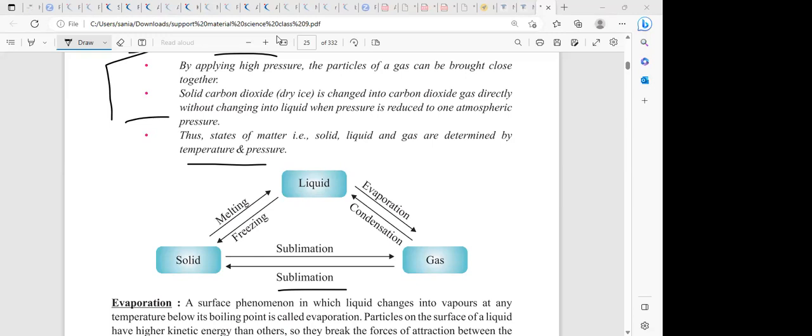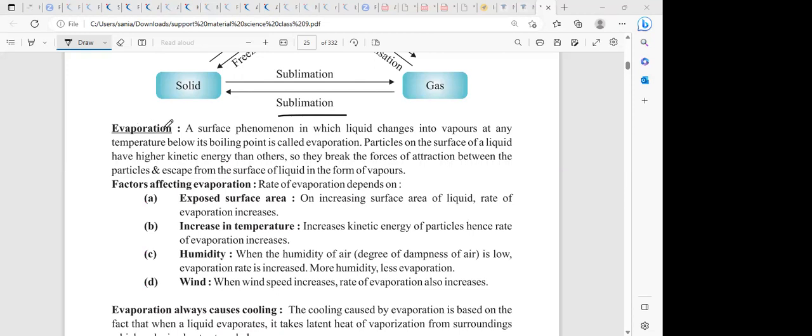Okay, done. Okay. Now coming to the next one. First, what is evaporation? It's a surface phenomenon in which liquid changes into vapor at any temperature below its boiling point. So over here, liquid is changing into vapor, but remember one thing, it should be below